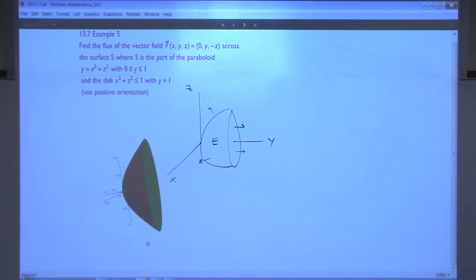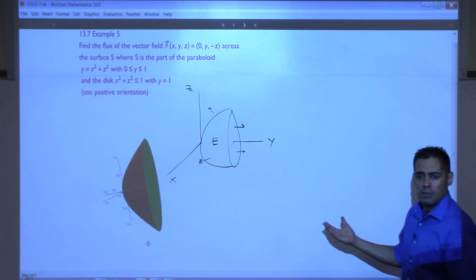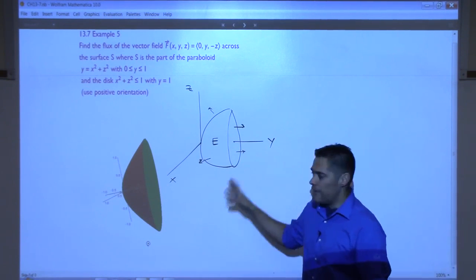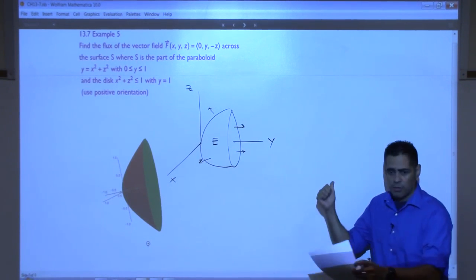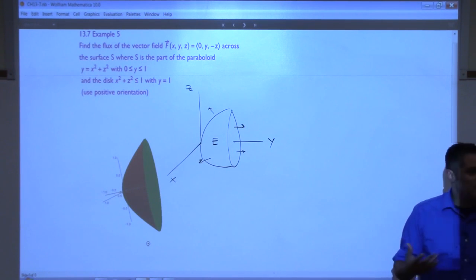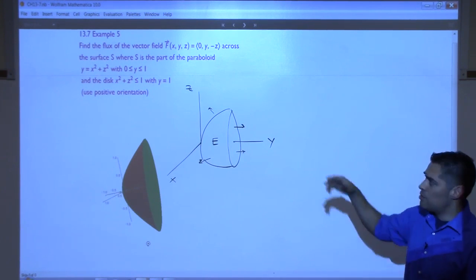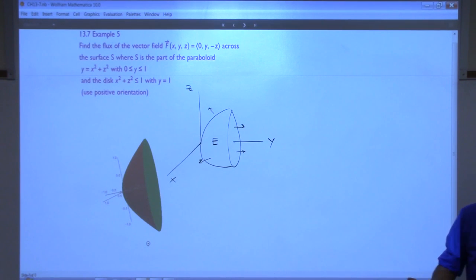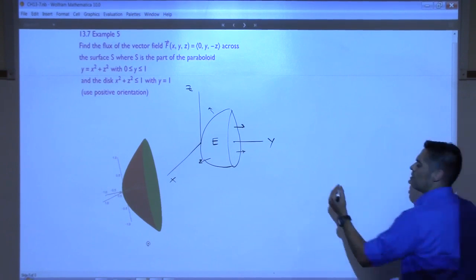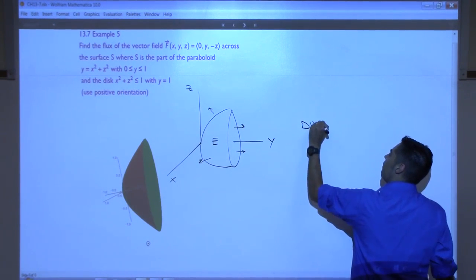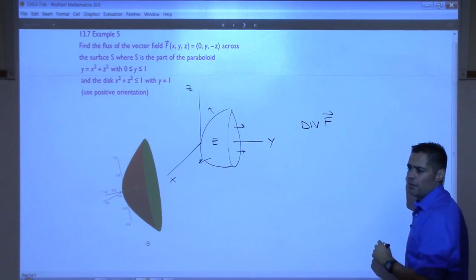But this looks like we can do the theorem. We have a solid. It's enclosed by the surface. Normals are pointed outward. We just got to make sure that the derivatives of our vector field are nice. So let's just look at what the div of F would be, because the divergence theorem tells us